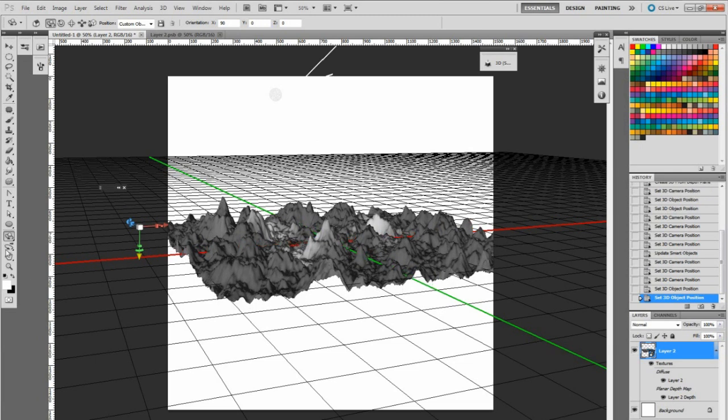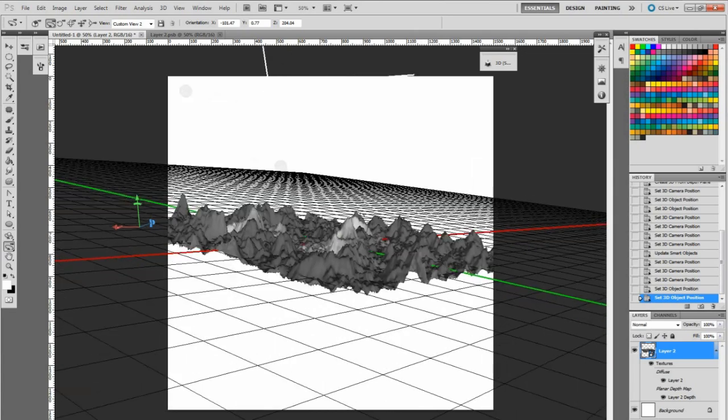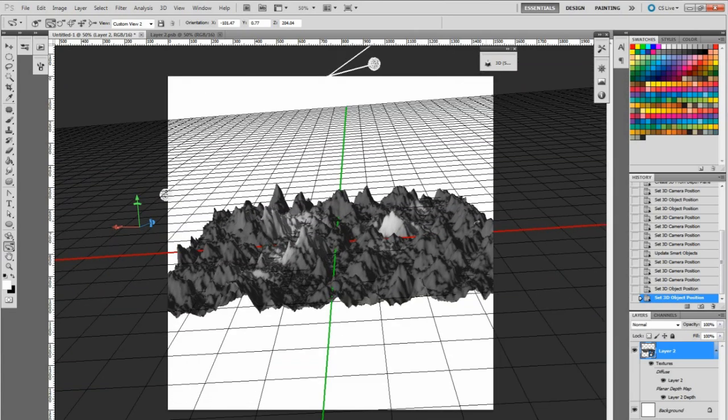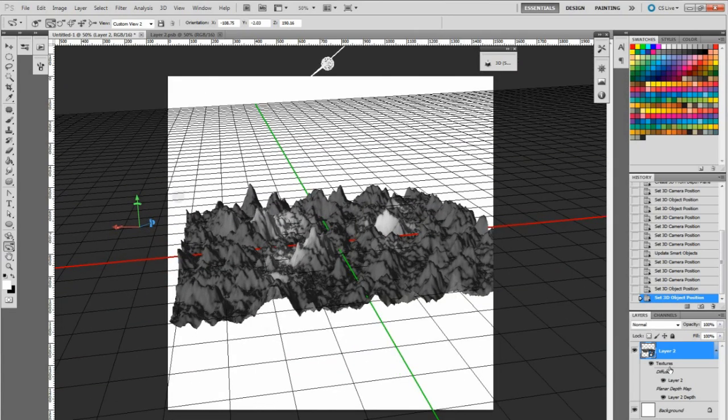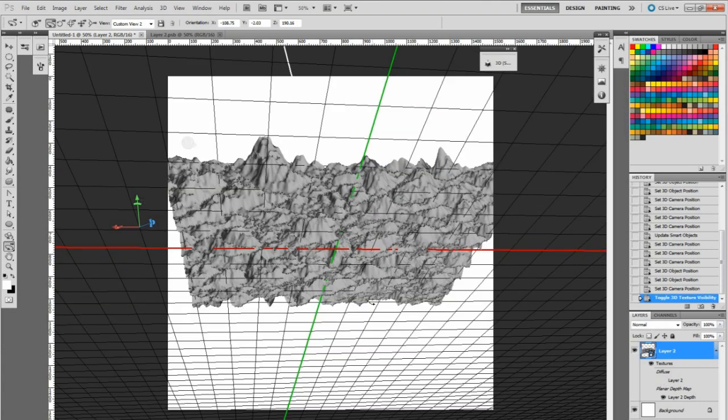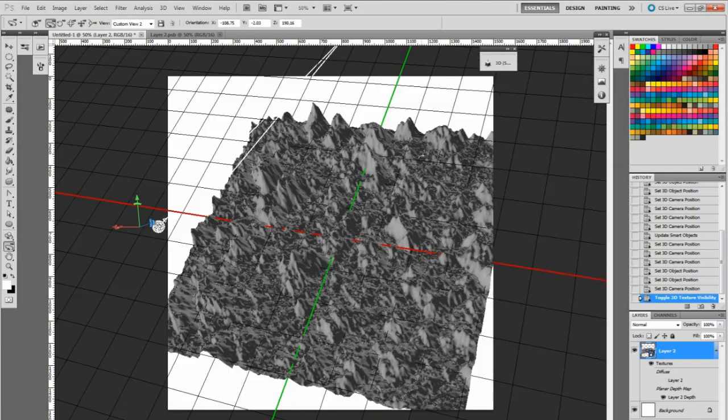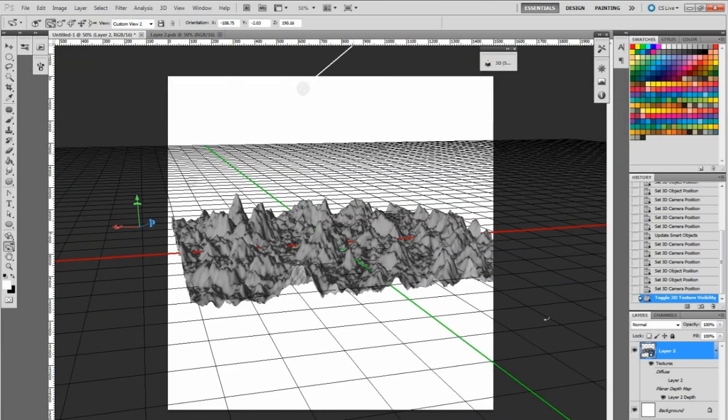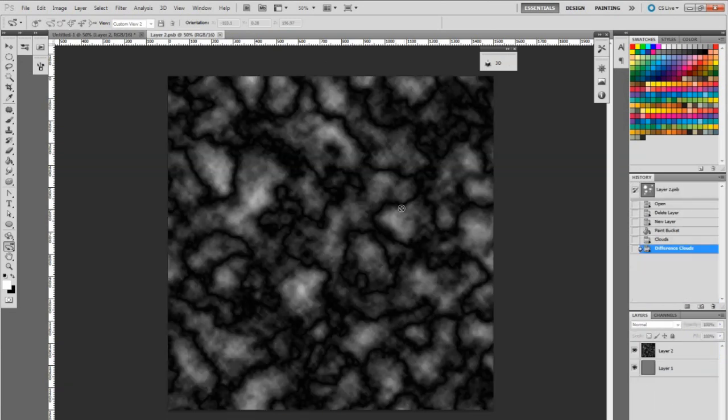So you can see now it's a little bit nicer to work with, but the nice thing about this is you have all that black and white value, that depth to play around with when you're actually drawing on your map. And you can just click off the diffuse value, because it can be a little bit confusing, because it makes things look a little bit deeper because they are darker, because it seems like it's a deeper shadow. And you just double click on the depth map there and go back in,